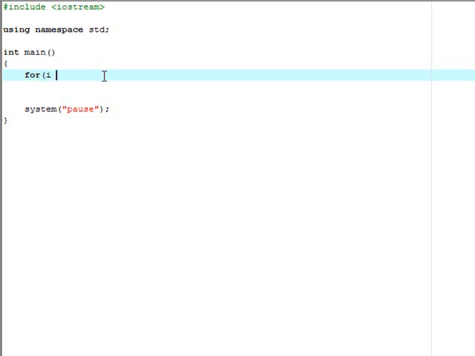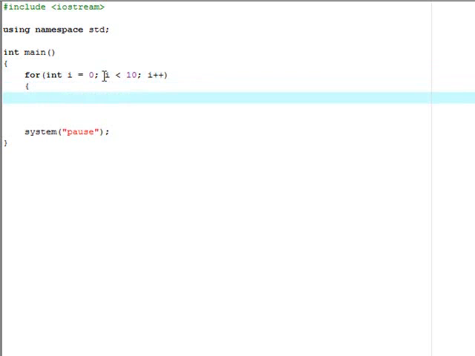Yeah. Okay. For int i equals 0, i is less than 10, i plus plus, I want to,